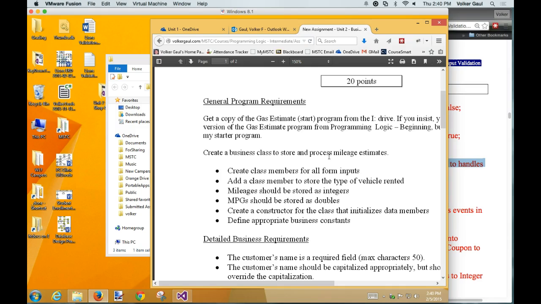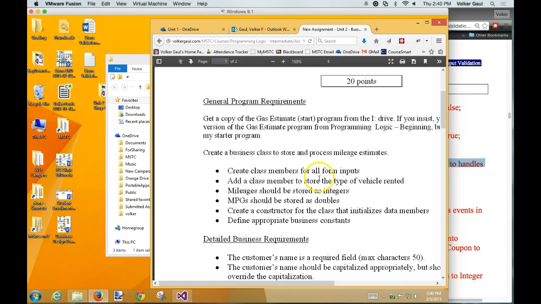However, one of the comments I get from graduates is that you don't get enough practice maintaining existing code. Now, the gas estimate program is not broke, but you're still maintaining it. You're adding new features to it, like validation, like a class that wasn't added to it when it was written. And there's little headaches that get caused by that, or big headaches. And so that's why, at least in these programs, you're not building from scratch. Get a little experience maintaining an existing piece of code, and if you're using my starter or somebody else's existing piece of code,